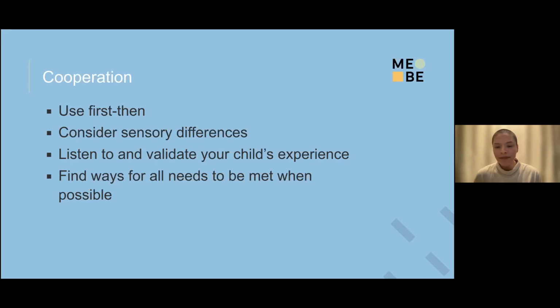Sensory differences. This is something that we know a lot of our kids may have difficulties with, in the sense of processing sounds and lights and touch. Maybe in the scenario with monster tag, Johnny, maybe I forgot his name, doesn't like being touched. Maybe that's why he doesn't want to play monster tag or be the monster, because he doesn't want to get physically touched. So if you know that about your child, keep that in mind when you run into these situations, and work around that, right?